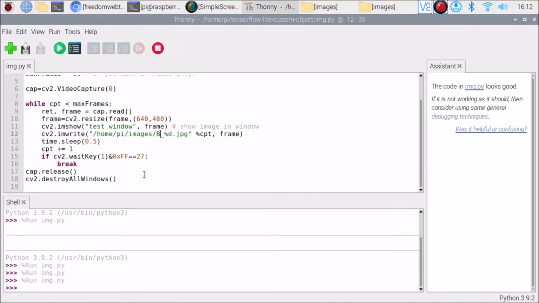Okay, so friends, here as you can see, I need to change the name again. So C is the name. Okay, so now I am going to save the code, and again I am going to start the code.